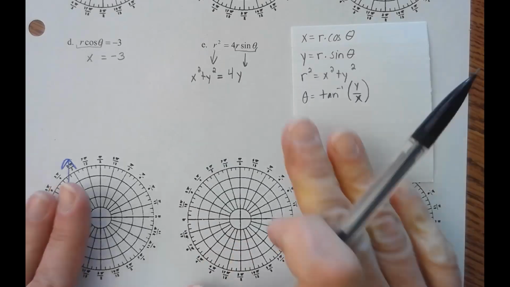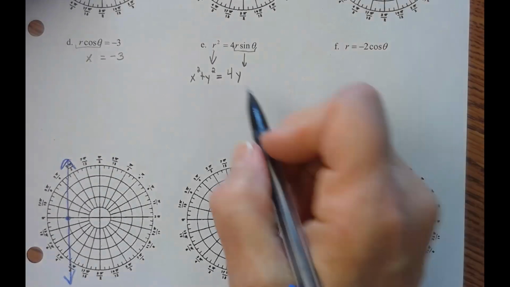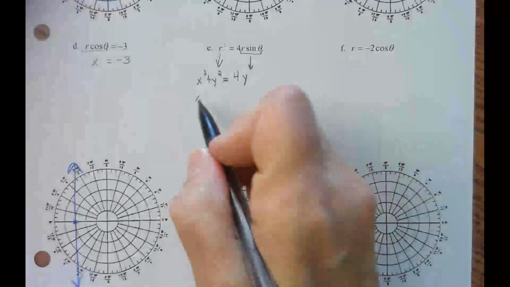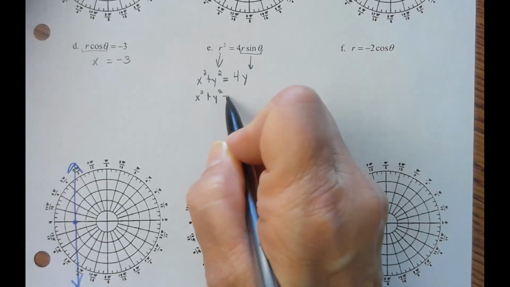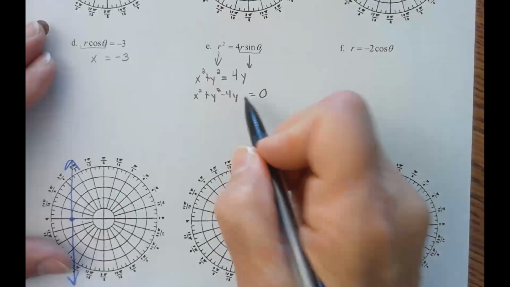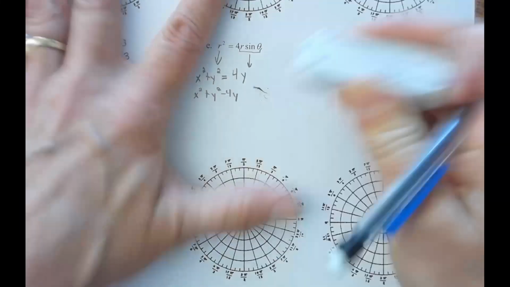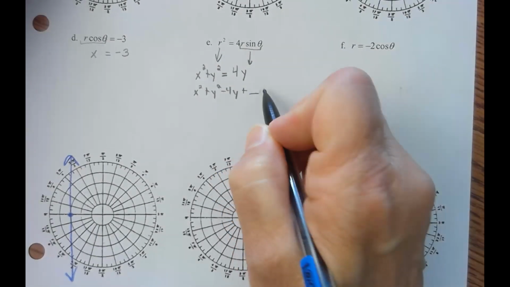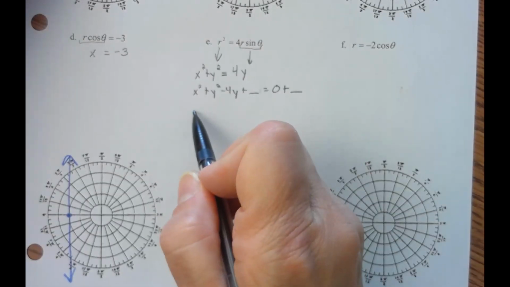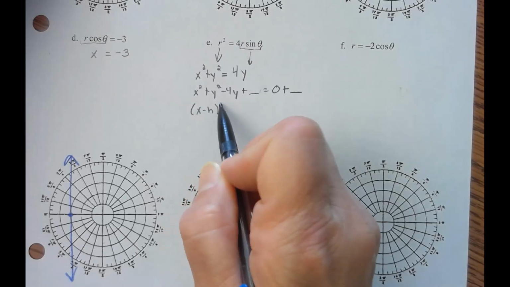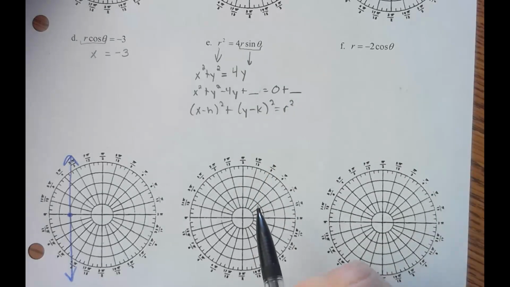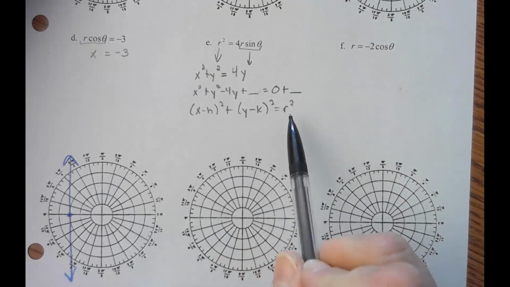So what I need to do next is rearrange my equation. I'm going to subtract 4y over. And I'm going to complete the square so that I can get this into the x minus h squared plus y minus k squared equals r squared form of a circle. Then I can see the center of the circle and the radius, and I'll be ready